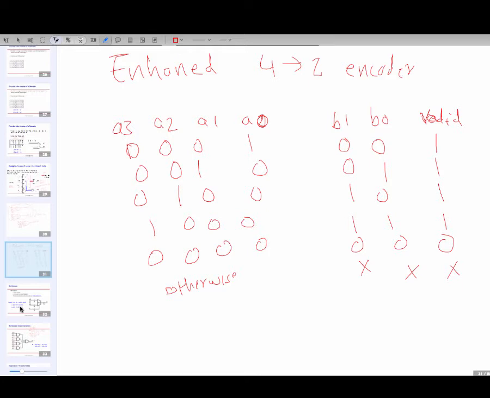So we have B0, B1, but we also have that red wire, which we can call a valid signal, and you can label the values it takes also. What you see out here is this valid signal. It is 1 whenever the input is a one-hot code. Whenever the input is 0, 0, 0, 0, this valid signal would be 0. And other non-one-hot code values should never occur in a system, so in a way, they should be don't care.